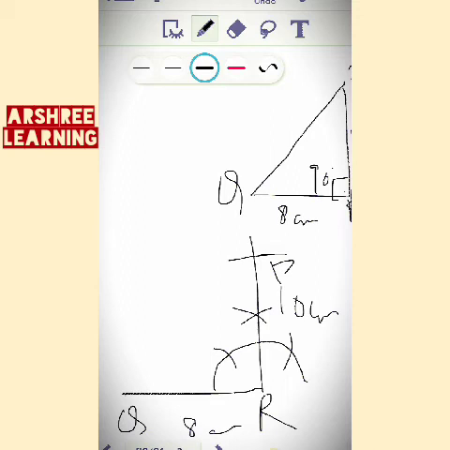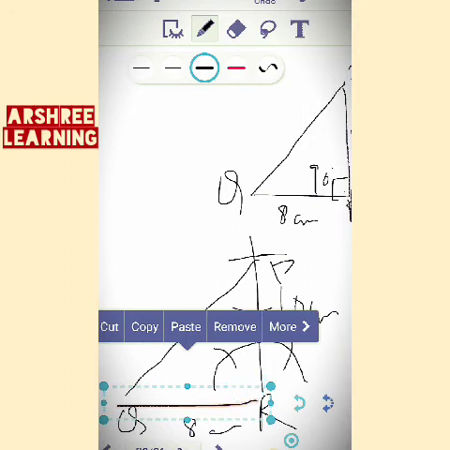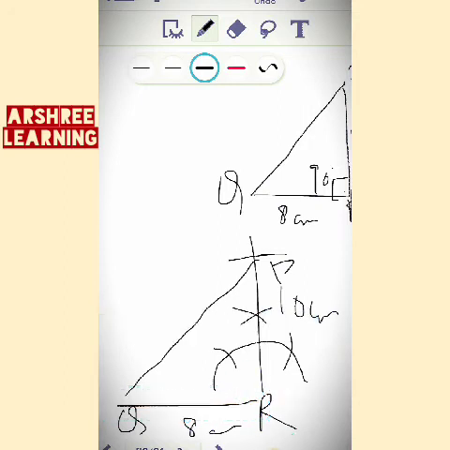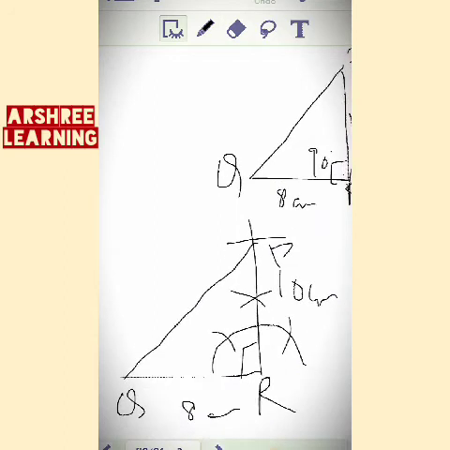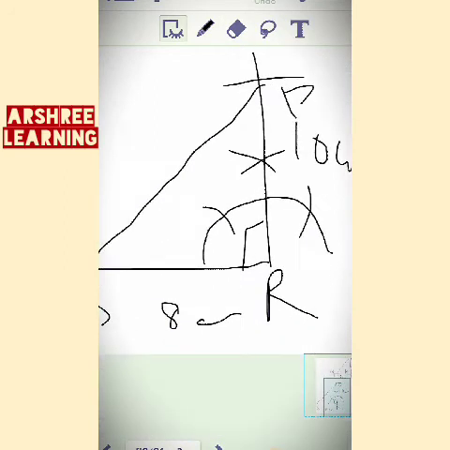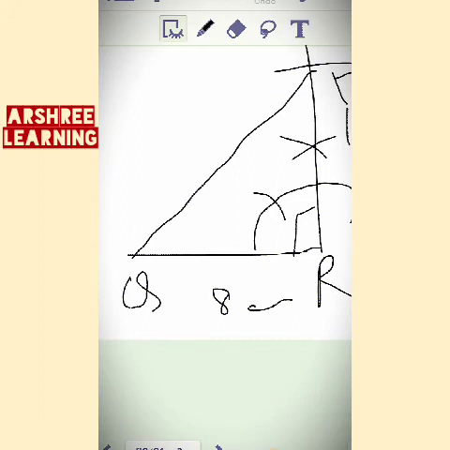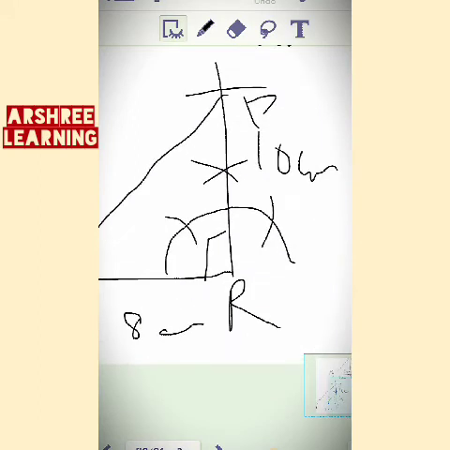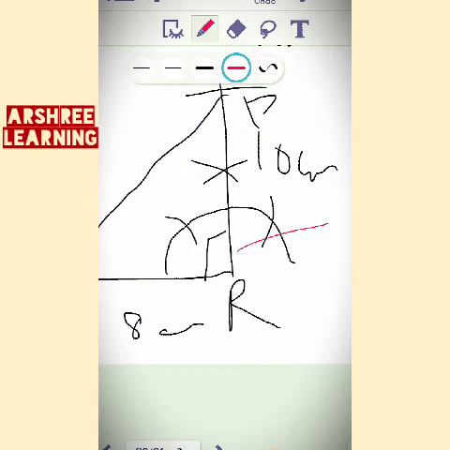After that you join Q. So PQ is made and the figure is complete. So this angle is 90. So one angle is given 90 degree and the triangle is made. So to construct this figure, you have to make the length QR equal to 8 centimeter. Then after that construct angle R. Angle R is equal to 90. So this angle is 90 degree. You have to make this angle 90.